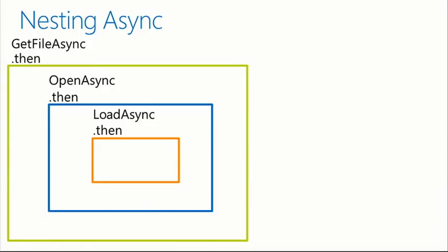So given that async is everywhere, nesting async just happens now. This is a real example. You do a get file async, and then on the continuation of the get file async, you end up saying open async, which is also async. I'm already on the other thread, but I don't have a choice. I have to call another asynchronous operation. In that continuation of the open async, I have to say load async, which is another async operation, and I have to say schedule this continuation in that. So now inside a continuation, I have another continuation, and I have another continuation. And if there's an error all the way in the middle,